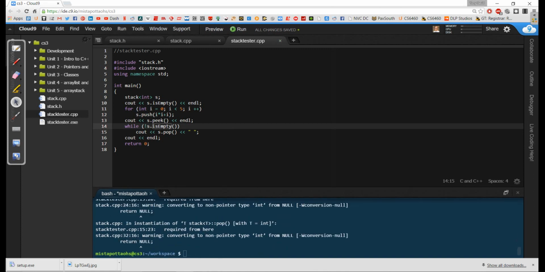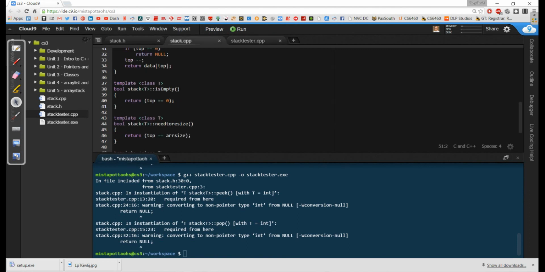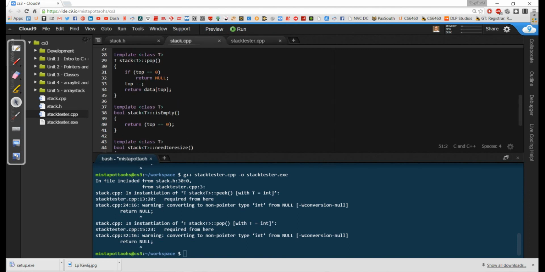You'll notice that the only thing I have left are warnings about null, because null is an integer type and we're actually returning a type T. Ordinarily, I'd change this so that I'm dealing with pointers, so that returning null returns a null memory address. But for now, I just want to deal with integers, just make sure this is working. So if I run this, so ./stacktester.exe,